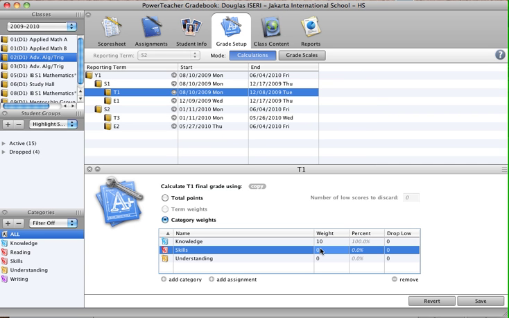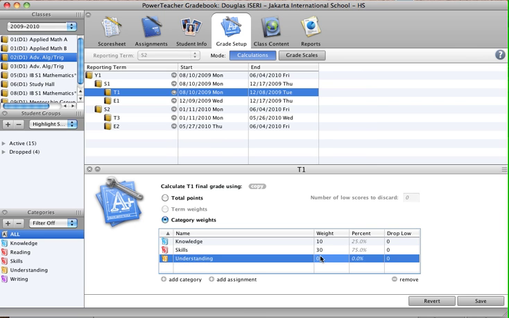Because I want to weight knowledge as only knowledge assignments, I just want it to be 10% of their overall grade. The skills, I want those assignments to be weighted at 30% of their overall grade, but the understanding assignments I want to be weighted at 60% of their overall grade. Okay, so once I'm done with that, I'm going to press save,